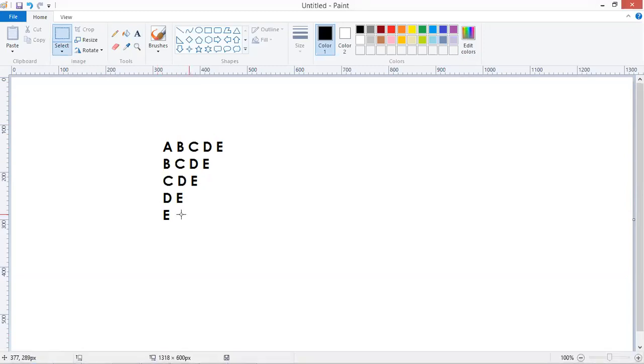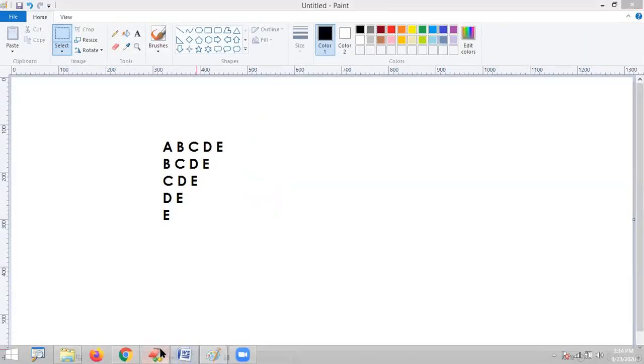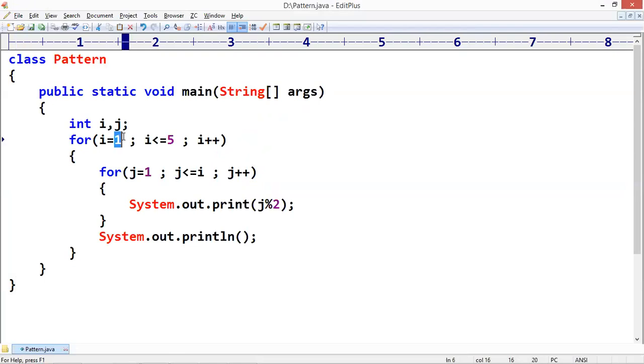See here, the outer loop is A, B, C, D, E, right? We are taking it like this. Directly you can take the characters, it's okay. Start with A, up to E, i plus plus.